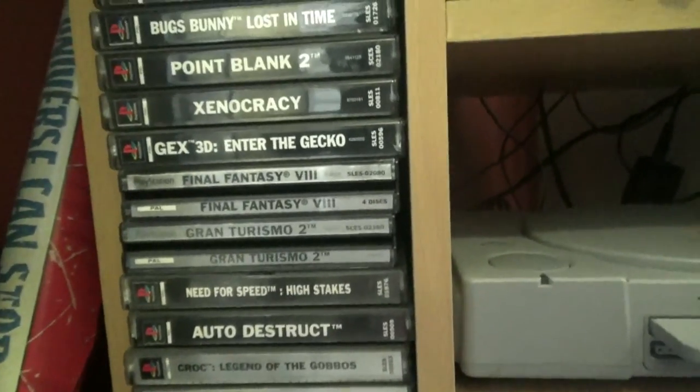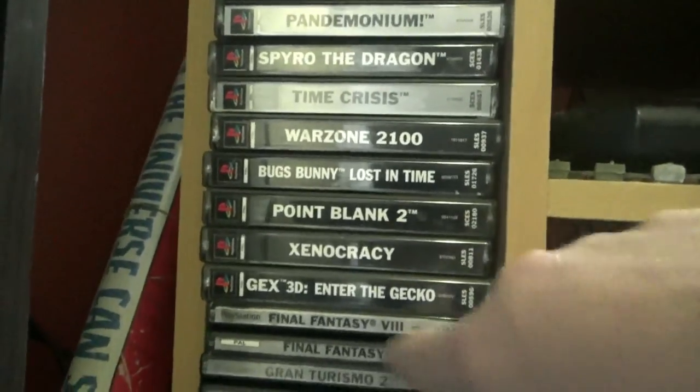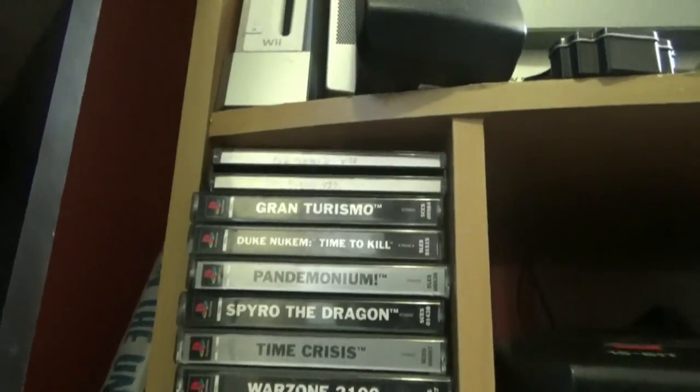Croc, Legend of the Gobbos, Auto Destructor. I wish I didn't get that. That's terrible. Final Fantasy VIII. That was only $2, because it was half price from 4. Spyro the Dragon, Pandemonium, all good stuff. And the coolest one, I got this for $2 because the lady at the thrift store was like, "Oh, it doesn't have art. You can have it for less than our usual PS1 game price of $5." You get $2. Final Fantasy VII